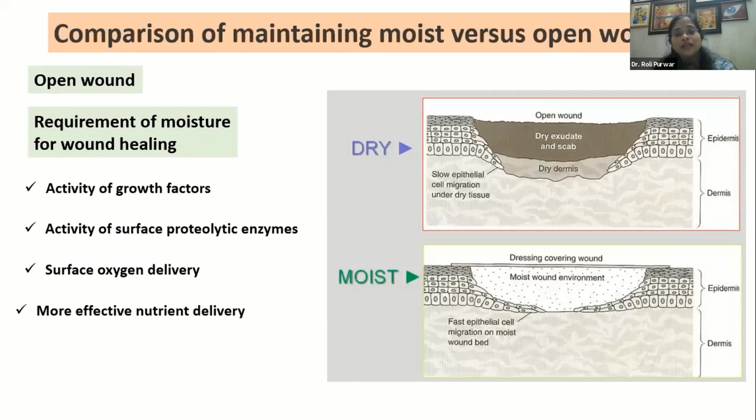Whenever we have a wound and leave it open, without covering it, healing takes place over a longer time. But if we cover the wound with a moist kind of environment, then the wound healing process, or the cell growth process, is faster. So the trend, when we have a deep acute wound, is to go for a moist kind of dressing material.